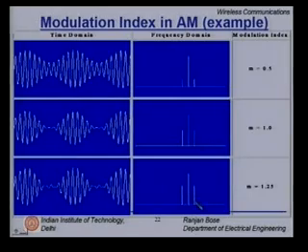Whereas, if you see the last diagram, you have gone beyond this 0.5 level and both the upper and the lower bands are greater than that, and so your modulation index is greater than 1. Here it is much smaller. So, the point to be observed in this diagram is that if you have a modulation index greater than 1, your signal gets distorted if you use an envelope detector at the receiver.